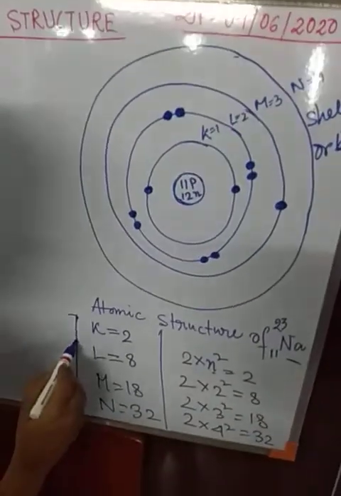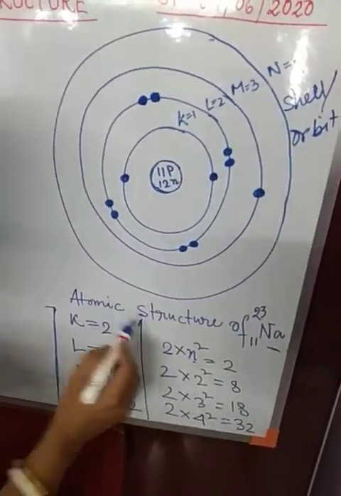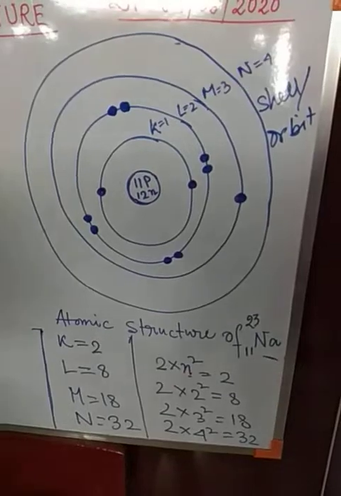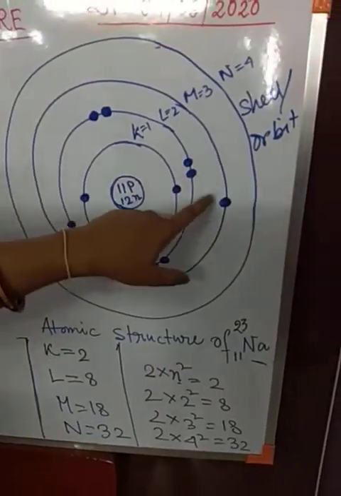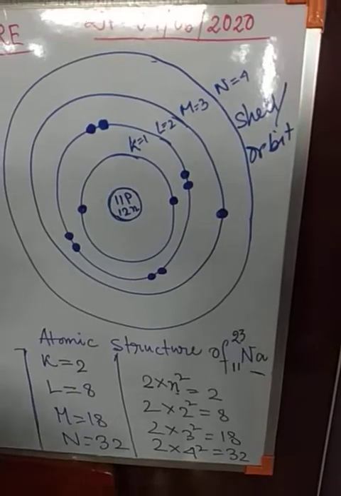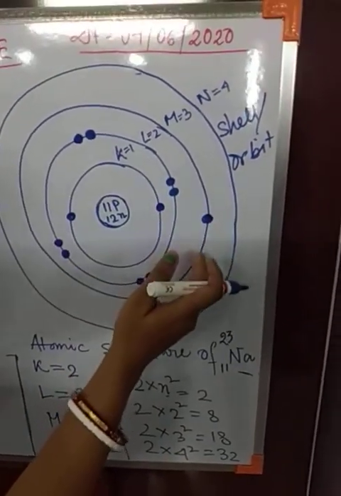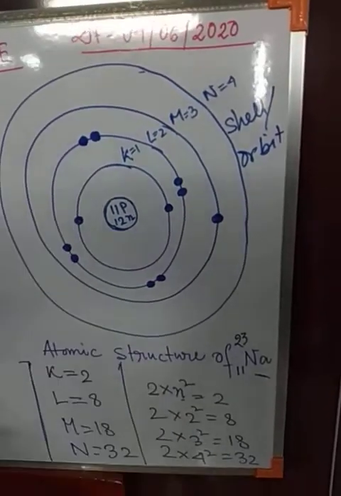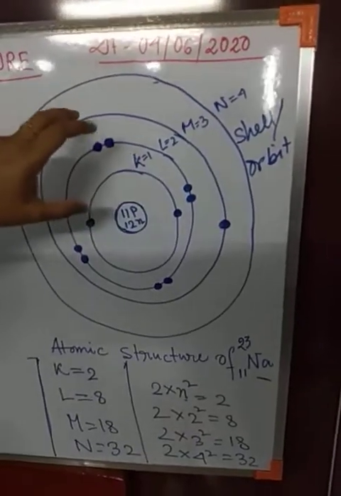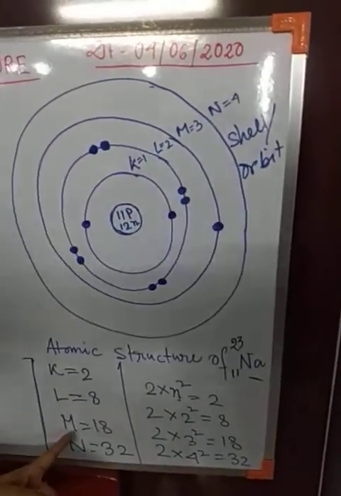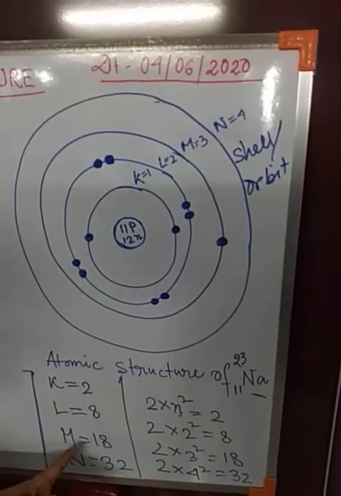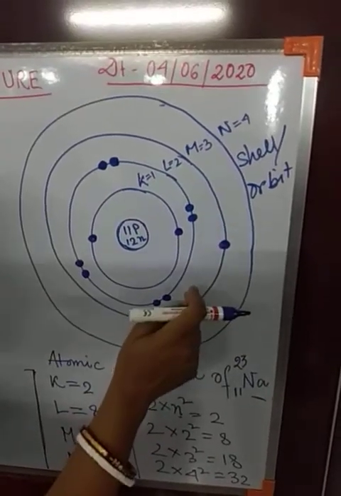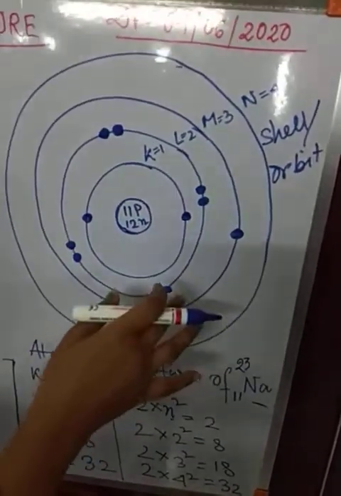Now from this we have seen the maximum number of electrons which can reside in different shells. But if the shell is the last shell, that means for sodium the valence shell is the M shell, the last shell, it cannot accommodate more than 8 electrons. So if the shell is the last shell, then a maximum of 8 electrons can reside in that shell. Though the maximum number of electrons is 18 for the M shell, as it is the last shell for sodium, here a maximum of 8 electrons can reside.